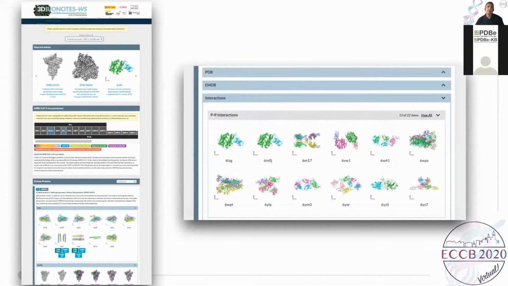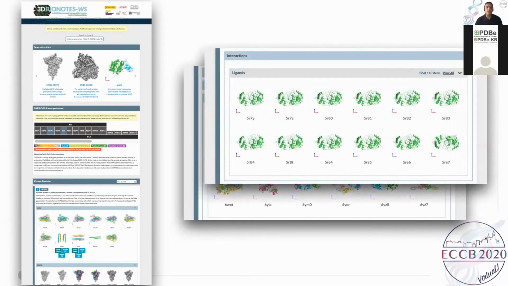And as some structures contain more than a single protein, they are grouped together under an interaction section. These interactions can be protein-protein interactions with other proteins in the virus or with proteins from the host, and also interactions with ligands, small molecules that have been identified in drug screening studies.